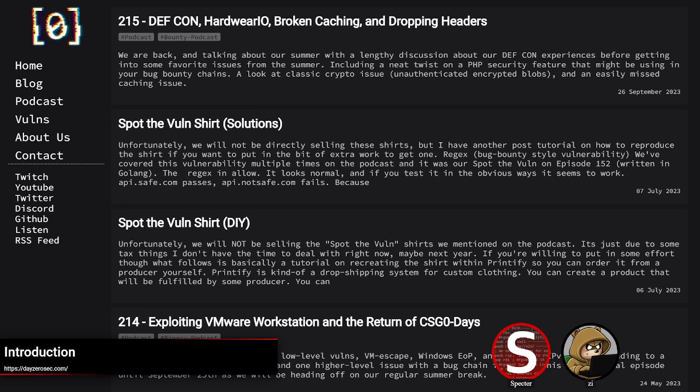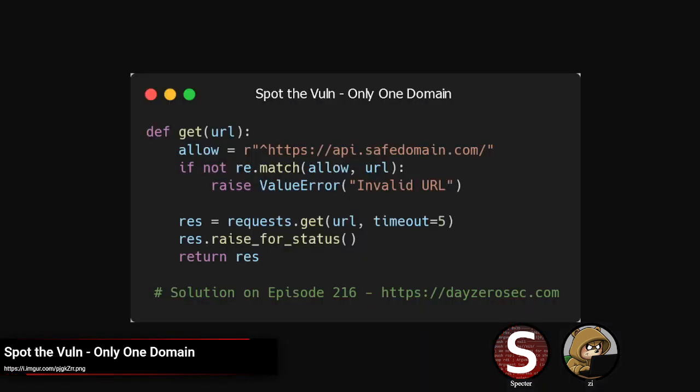TPM stuff will be interesting to talk about since that's somewhat close to what I've been putting a lot of work into on the side, which is the PSP reversing. Some of you might have been with us for the stream I did on Sunday, where I was reversing the PSP firmware, including loading of the Secure OS, which is used to facilitate TPM on AMD devices, along with other things. Before we get into topics, though, as always, I'll let Z get into the Spot the Vuln solution.